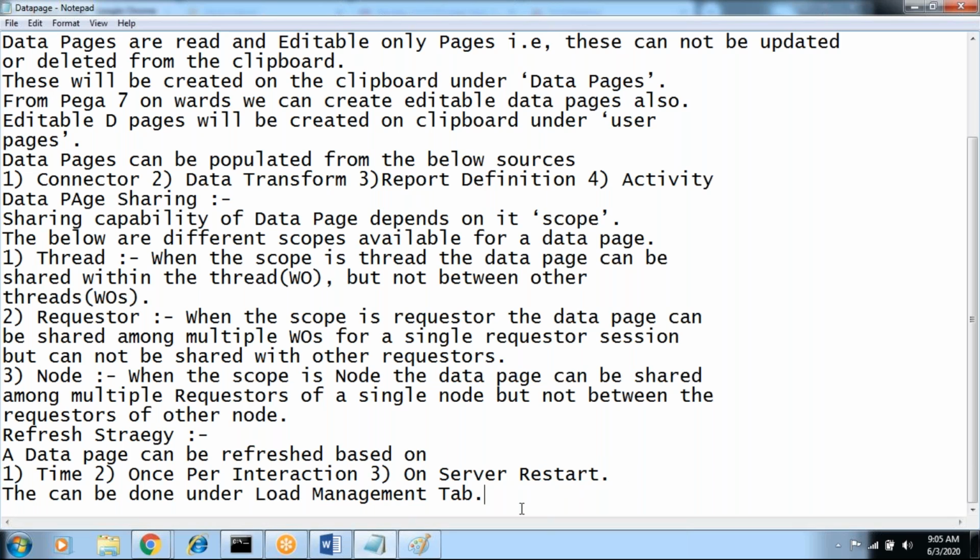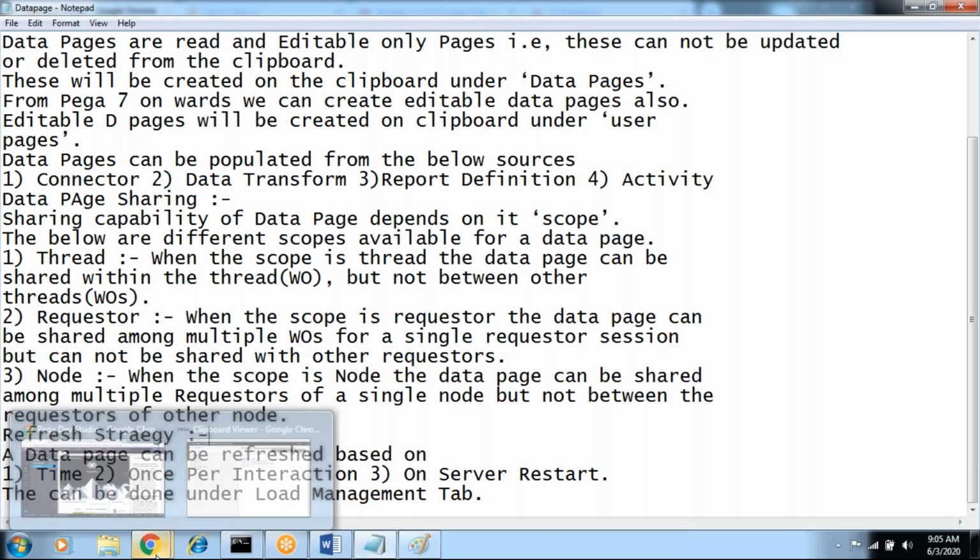What is the purpose of refresh? Only updated data is available in the database. Say there is a country table. In HDFC Bank, some countries are removed from the branches. Suppose they had a UK branch for the last 1 year, and they are going to remove that UK branch. What happens? We need to update the database, right? That means we can delete that UK branch from the HDFC country table. So whenever adding or deleting something, any interaction, or whenever the server restarts, we refresh the database. That is nothing but a refresh task.